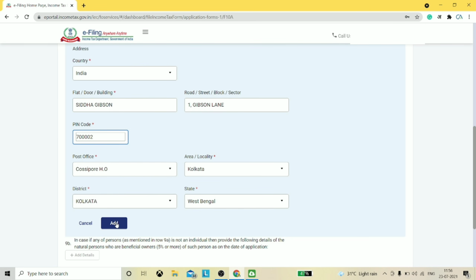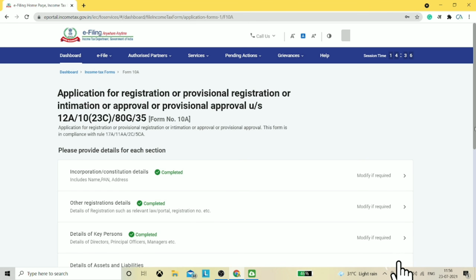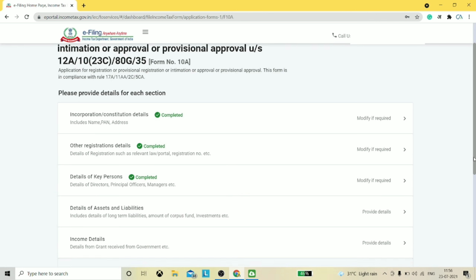Click on add and the details of the person will be added. For adding more persons, you can again click on add details and go through the similar process. Don't forget to click on save for completing this section.